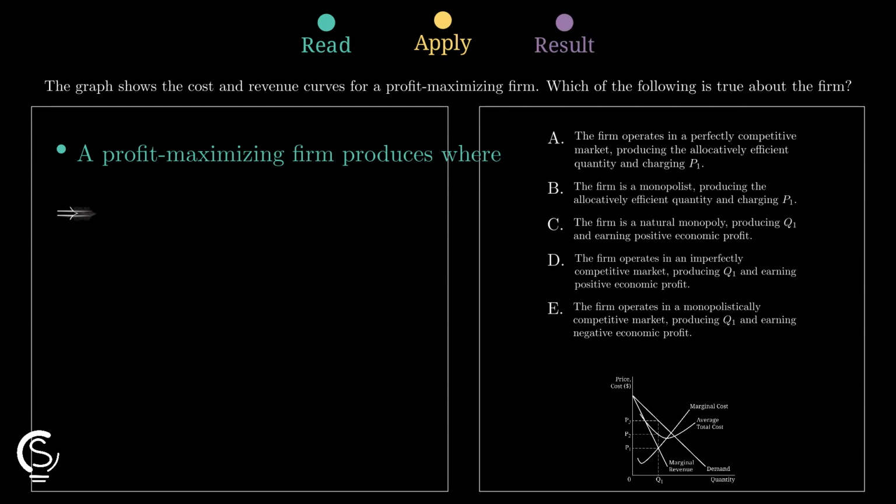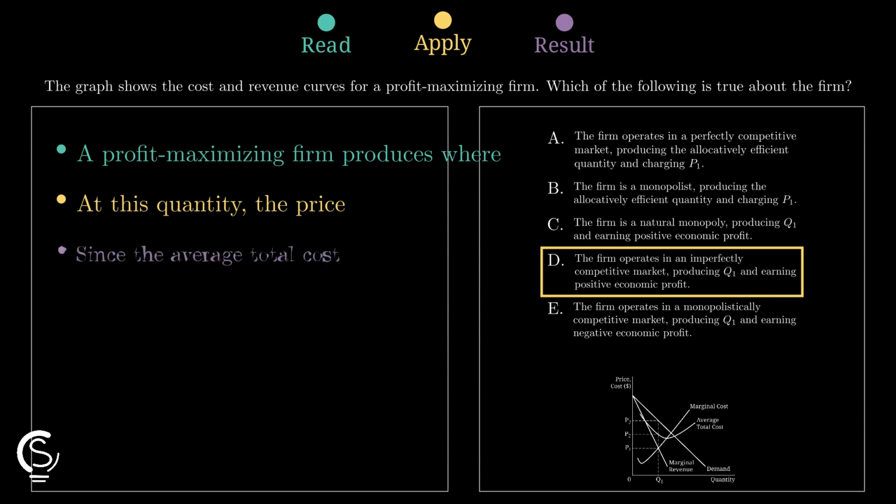At Q1, price P1 exceeds average total cost. This gap confirms the firm is earning a positive economic profit. Well done! Option D is